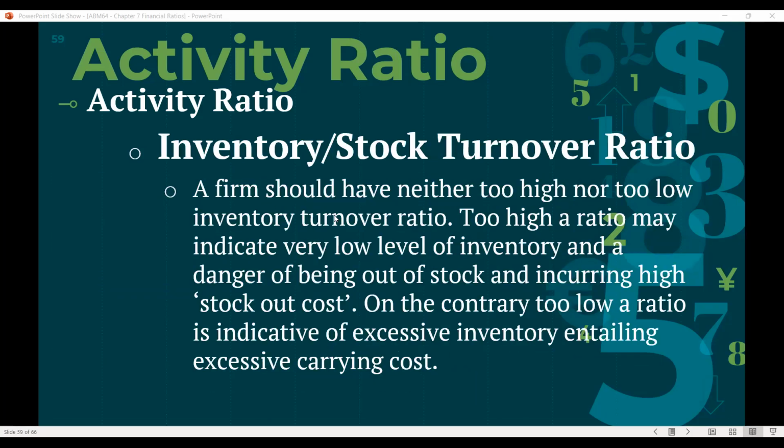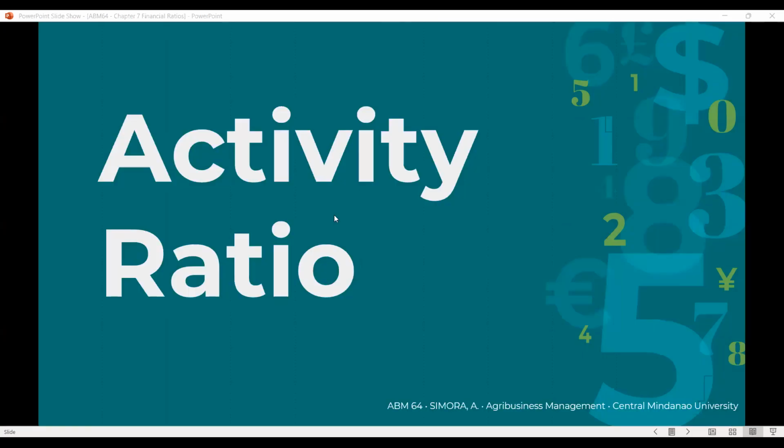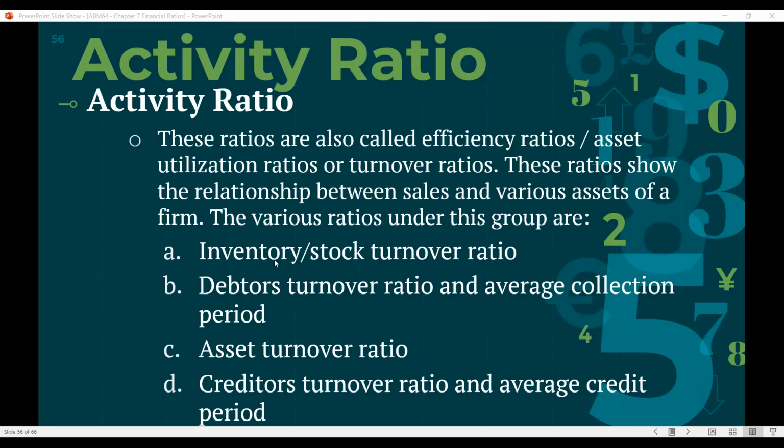So simple lang sila ka ratio based on the typical activity that we have in our company. May it be inventory turnover ratio as to how efficient are we with our management sa atong inventory. Next is ato ang collectibles, accounts receivables. How good are we with managing our accounts receivables? Mag-collect at the same time, mag-collect or maningit sa ato ang mga naayutang sa ato. Next is asset turnover as to how good are you at managing your assets?